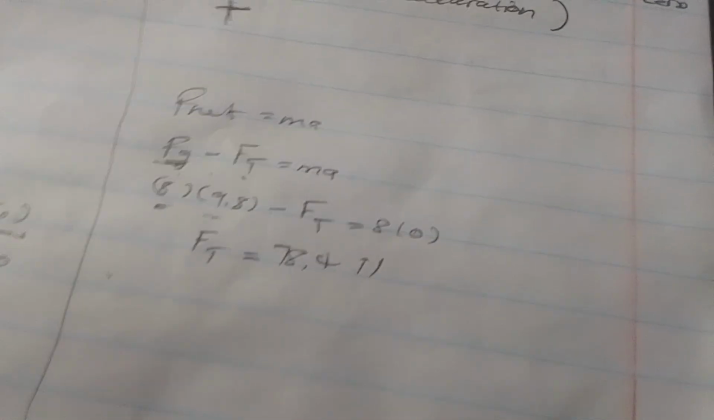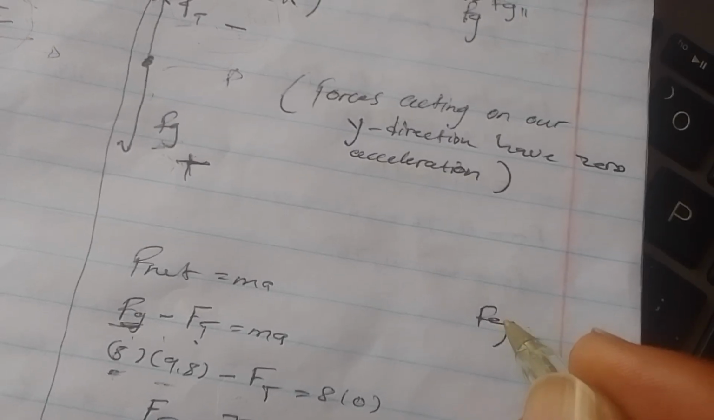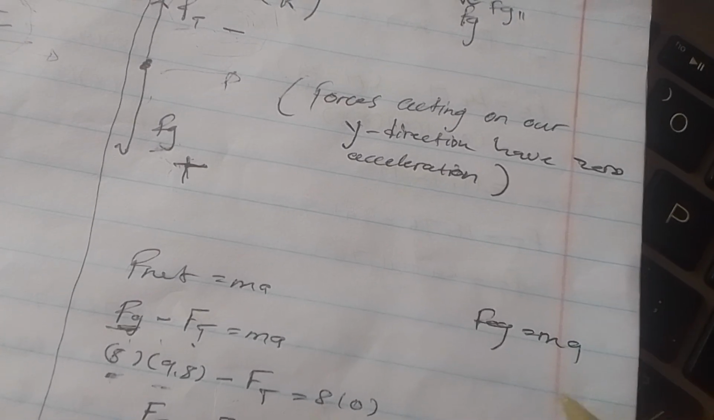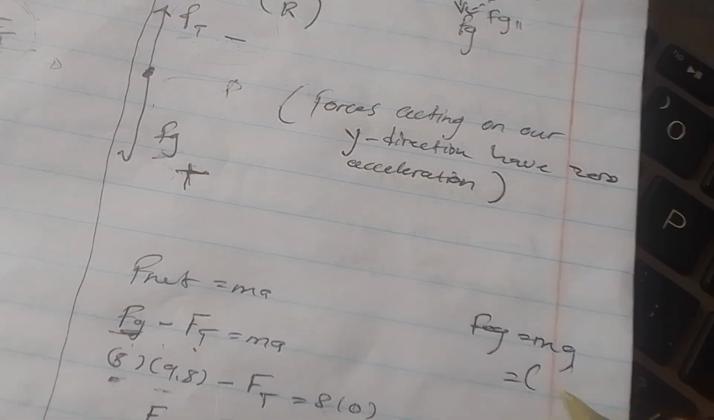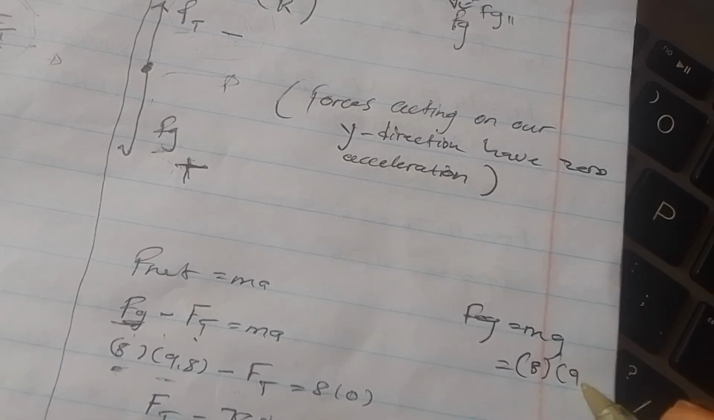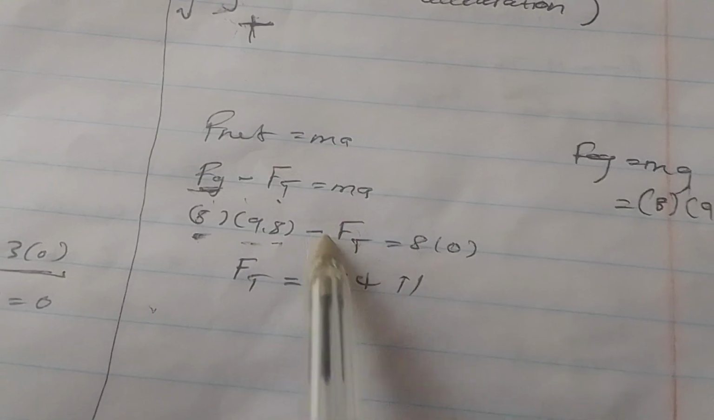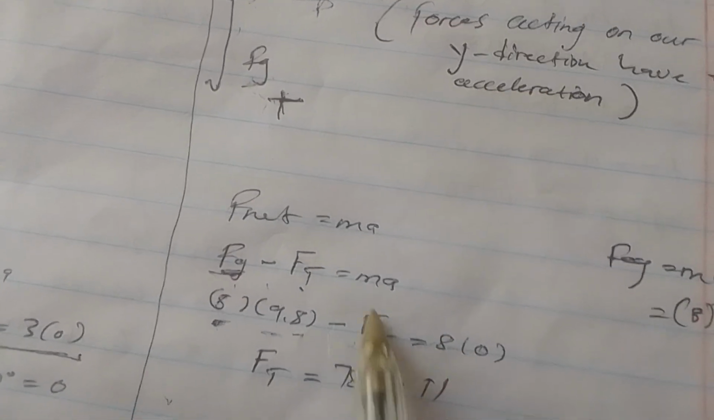There's this formula: FG is equal to mg, which is the mass multiplied by the force of gravity. Our mass on block R is 8 kg multiplied by 9.8. So here it is 8 multiplied by 9.8 minus FT. We don't have the value of FT. It is equal to 8, our mass,